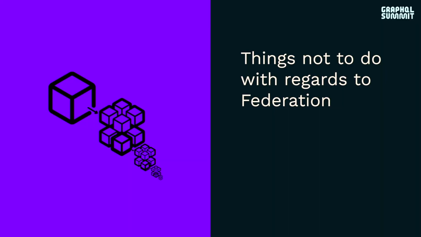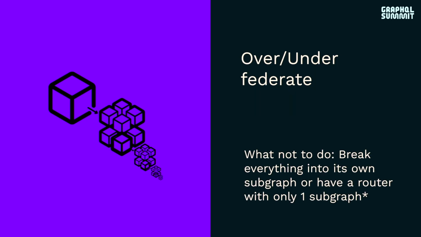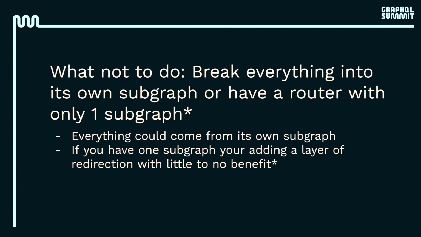So moving along, things not to do with federation is kind of the next section of this. We moved on from schema. Let's talk about the federated ecosystem a little bit and talk about some places we can make this go wrong. First one, and this is a fun one, is you can over or under federate your entire graph. There's an asterisk on this. We'll get to that asterisk. There is one use case where under federating is a good idea, but it's a very special case.